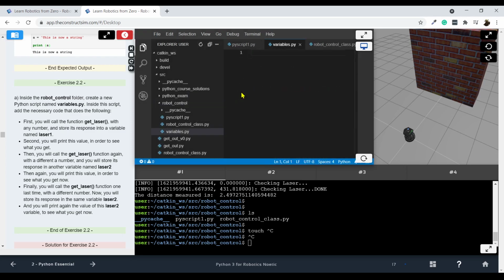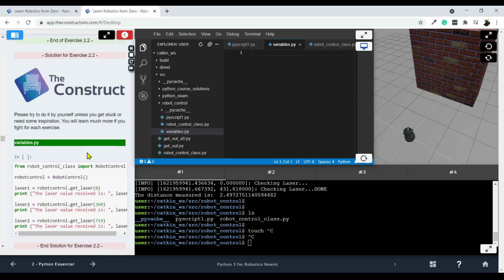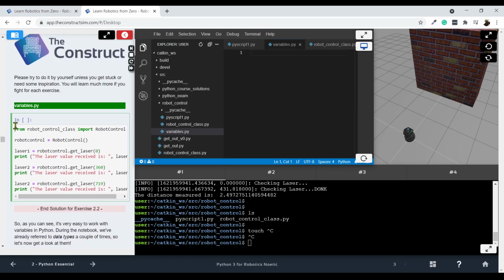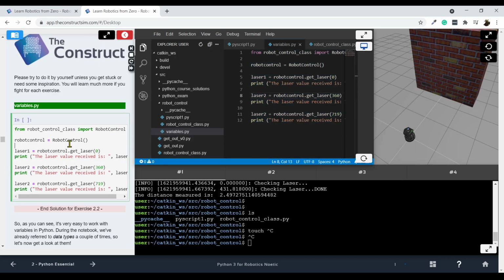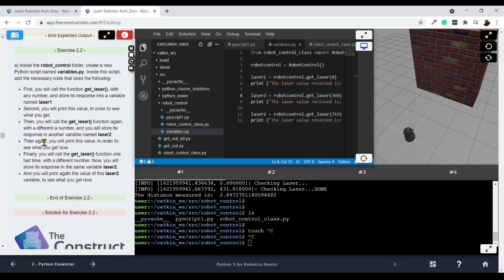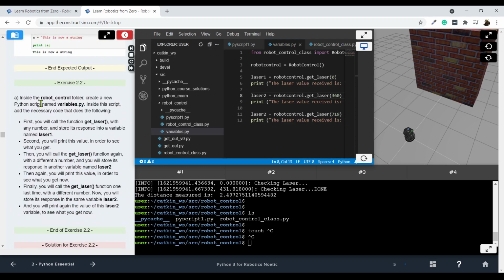There we go. Right now it is empty, so in this case I'm going to go straight to the solution. I'm going to copy and paste the solution directly like this, so that we don't lose time solving it. So basically, this exercise is asking,